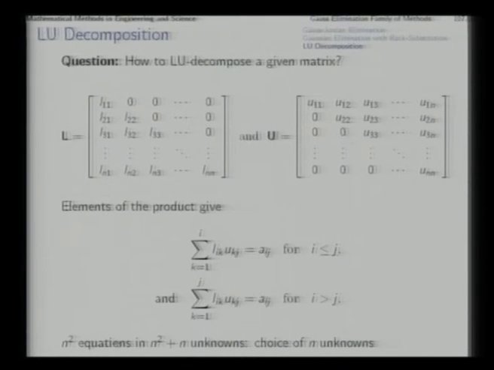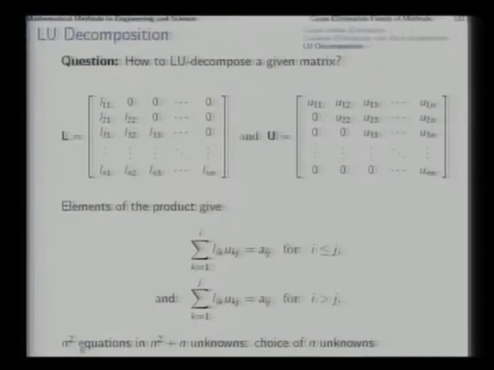A total number of unknowns is n into n plus 1, that means this many unknowns. And how many equations? LU equal to A. So, A has n square elements. So, when you equate term by term, then you get n square equations. So, less number of equations in more number of unknowns. That means n extra unknowns are there, that many unknowns can be chosen.